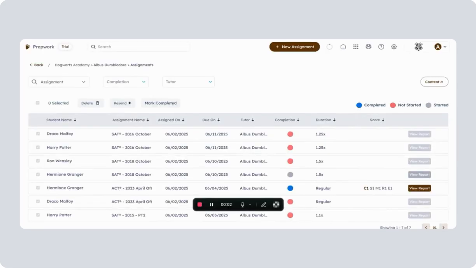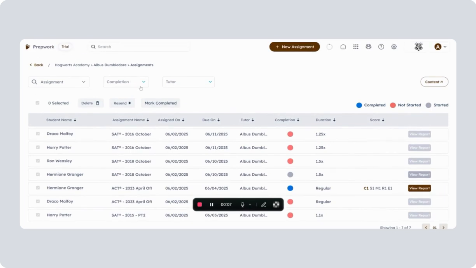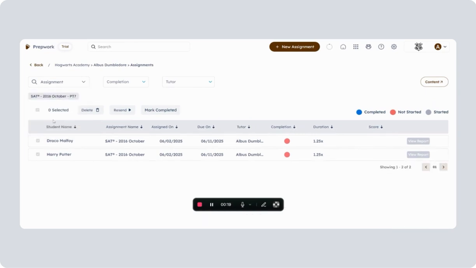If the admin wants, they can filter out the content of the table using these filters. So the first one is the assignment. Based on all the assignments, whichever assignment the admin selects, suppose they select this one, this particular assignment would only be shown in the table. And then all the students to whom this assignment has been assigned will be shown. So the table has basically been filtered based on this particular assignment.